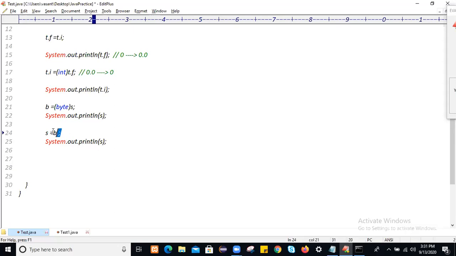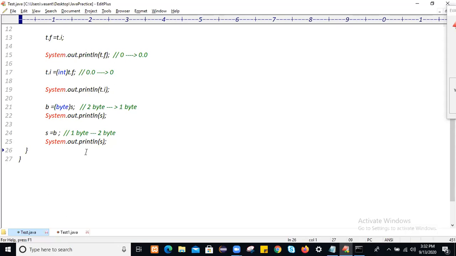So this is conversion of 1 byte of data into 2 bytes. Here is conversion of 2 bytes of data into 1 byte. While converting 2 bytes into 1 byte data type, perform typecasting. Here we are converting 1 byte of data into 2 bytes, so we don't require typecasting. Easily 1 byte of data can be stored into 2 bytes of data.